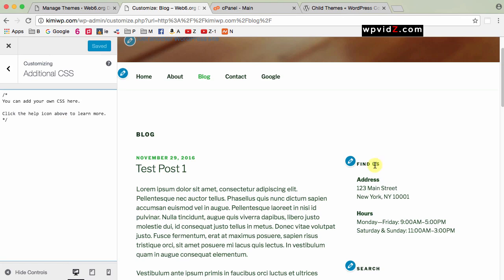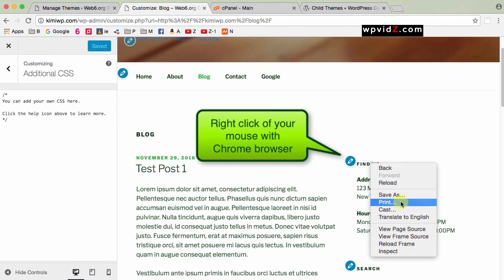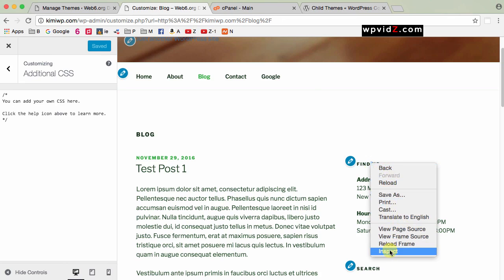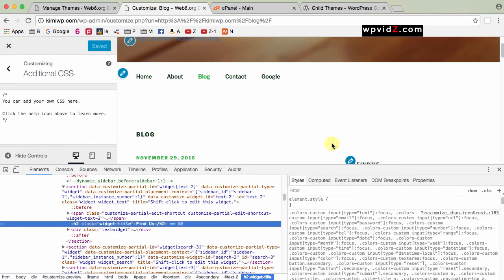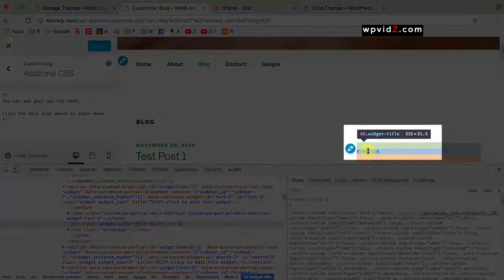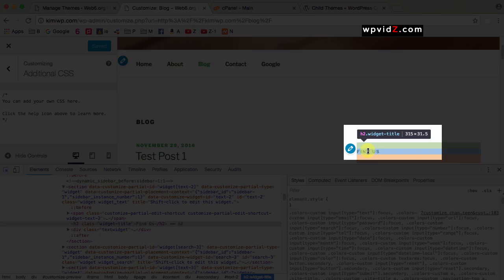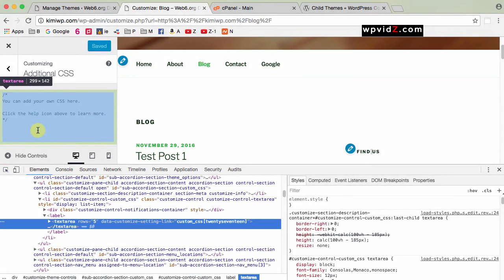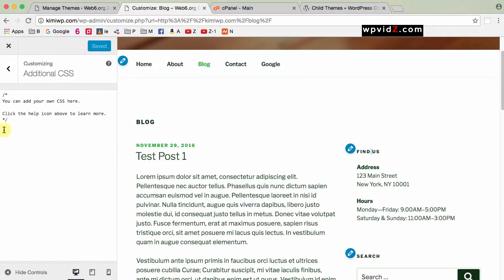So let's change it. For example, now I'm going to inspect, because I'm using the Chrome browser at the moment, so you can also do so. So let me now inspect this element and see what kind of element that is. So now it is an h2 with class widget-title. So let's do this. h2.widget-title,